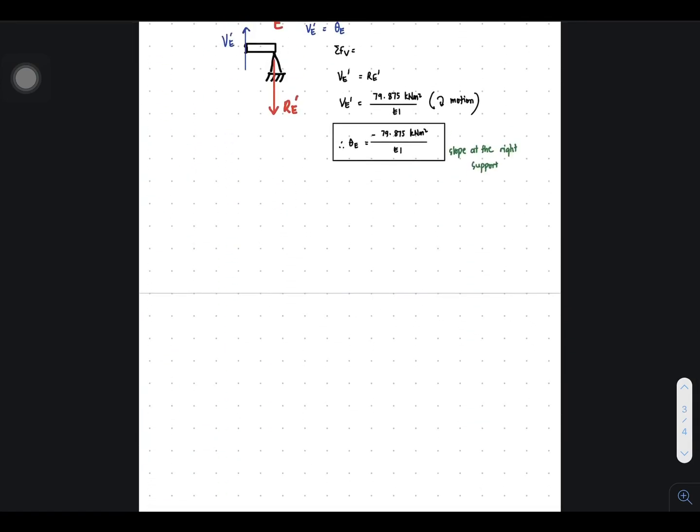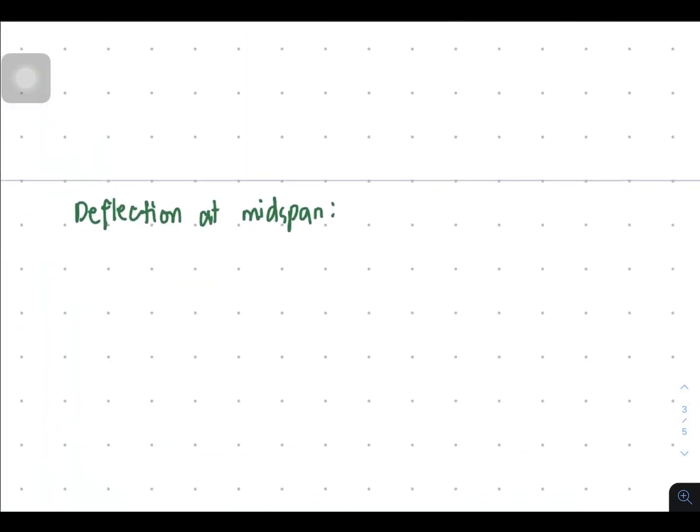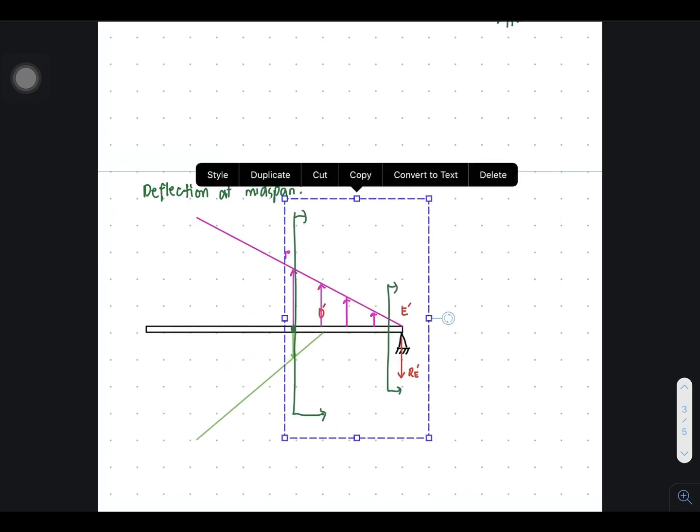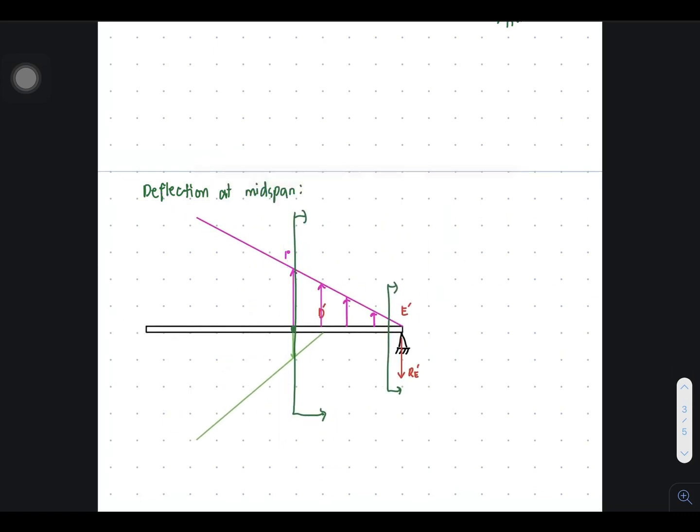Okay, so what if the deflection at midspan is asked? So what we'll do is paste this portion and then erase what is not useful. So this one